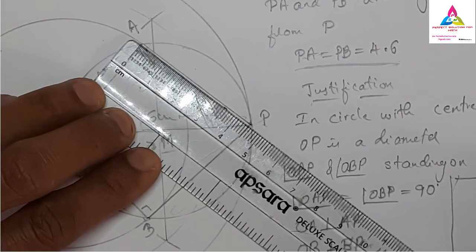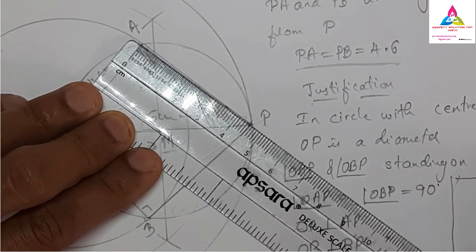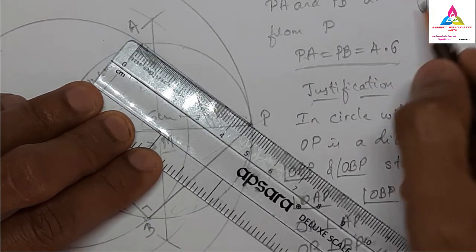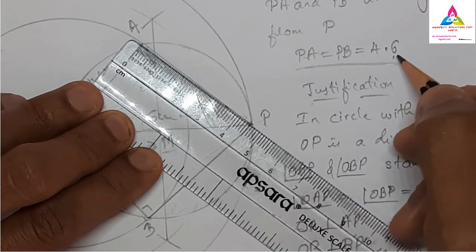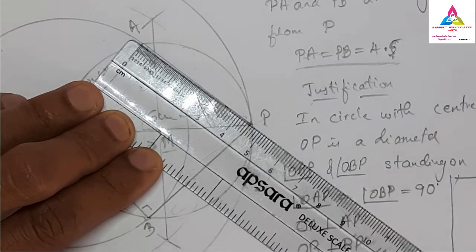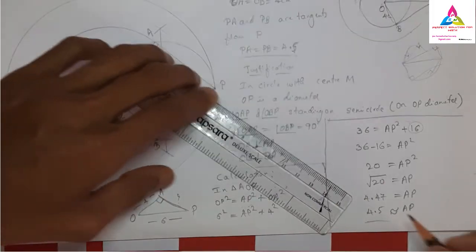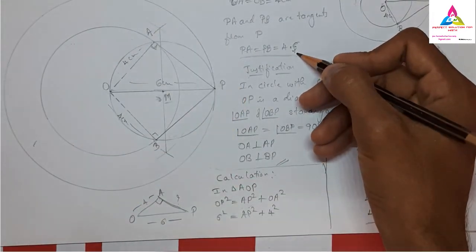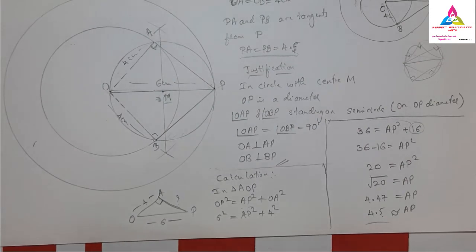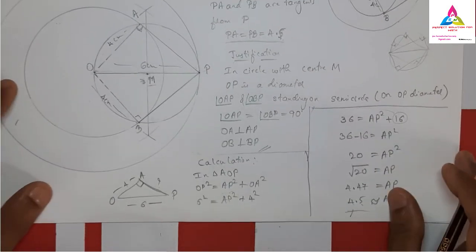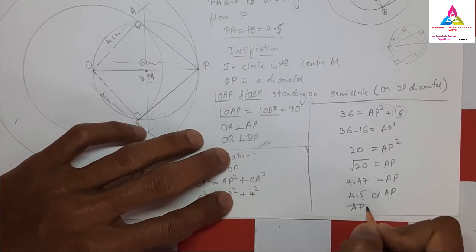So we can't judge it. Here it is 4.5 and 4.6, nearby, we may have some calculation error. So both the answers we can consider, we can consider 4.6 also, or we can make it 4.5 also. So whichever is near, you can take. So when we do the calculation now, we got nearly 4.5, so it may be 4.5. You can change it, no problem, because the calculation error will be there. Because when we are constructing, we might have made a small mistake. So the answers we have verified on both ends. That AP value is how much? 4.5. That is our final answer.